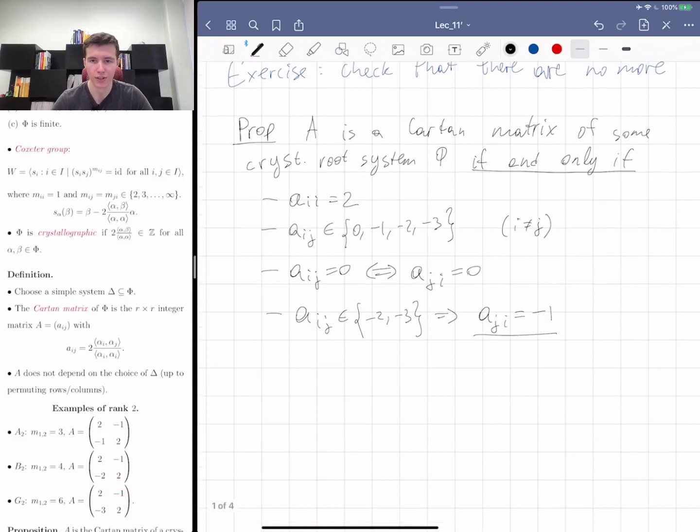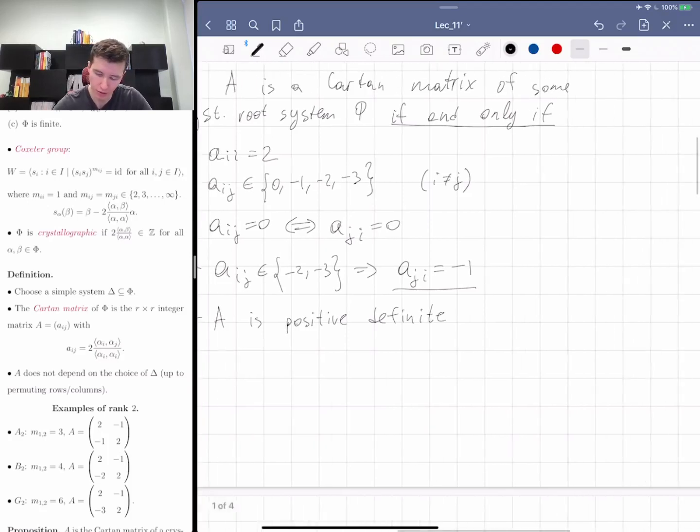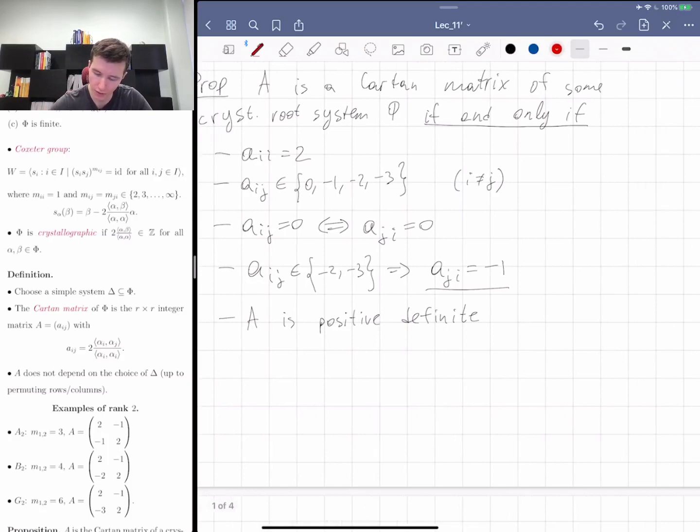And so these are the conditions on the off-diagonal entries. And then there's two more global conditions. The first one is that the matrix A is positive definite,